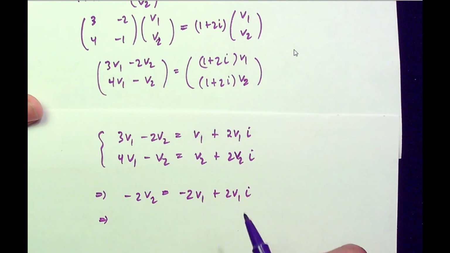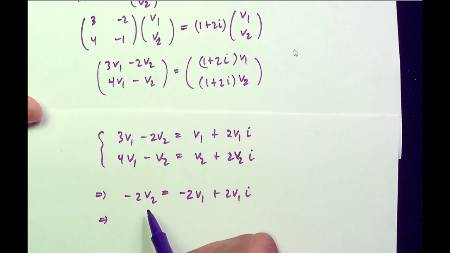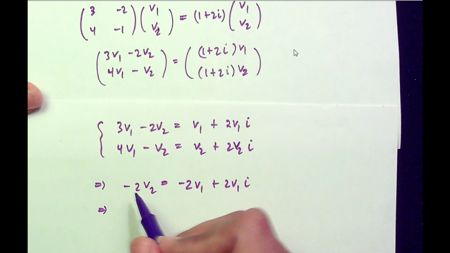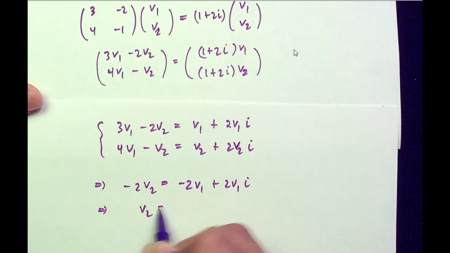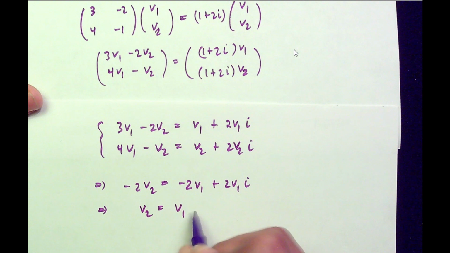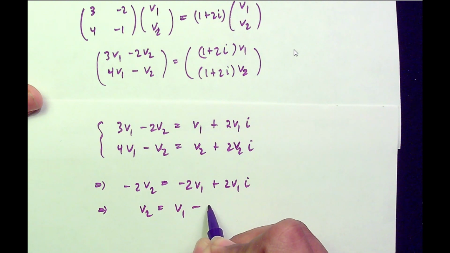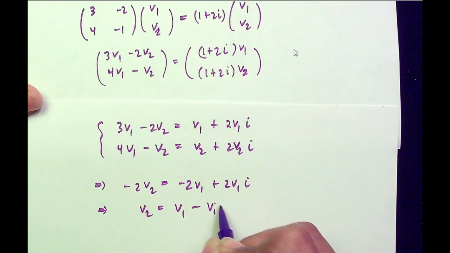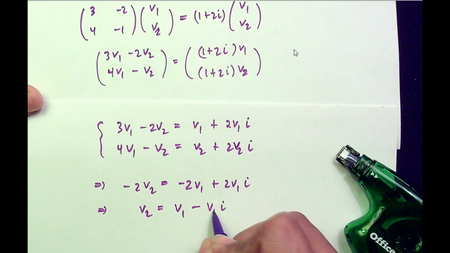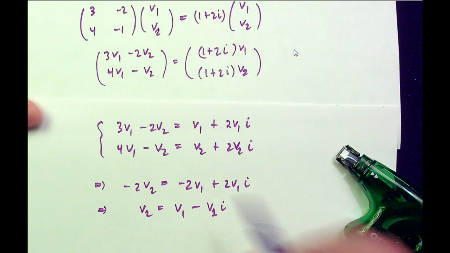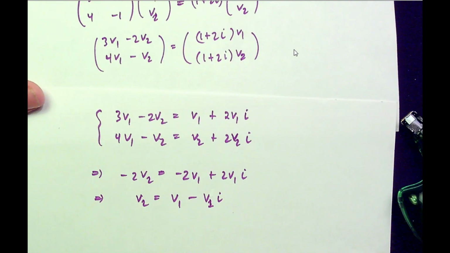Now I want to solve for v2, so I'm going to divide everywhere by -2, and I'm going to get v2 equals v1 minus v1i. If you divide everything by -2,